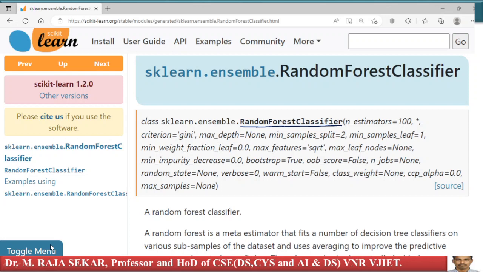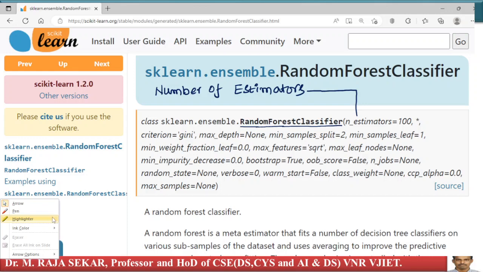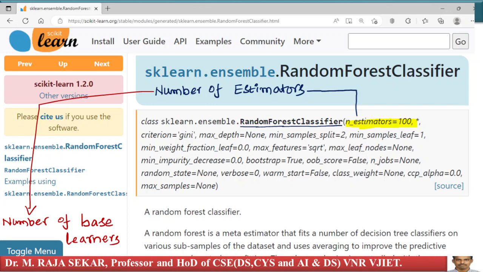Just see here, you have n_estimators. This is n_estimators equal to 100. The number of estimators is basically the number of base learners, like k. It is just similar to k. The default value is 100, which means it would train a classifier with 100